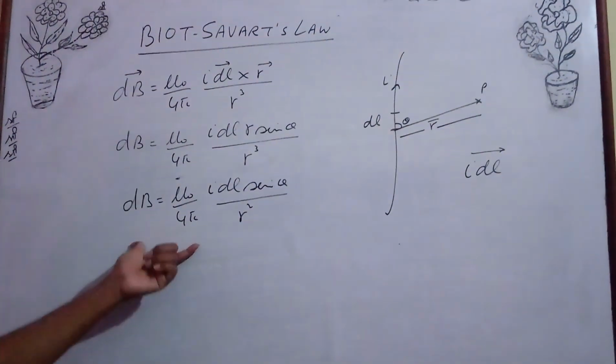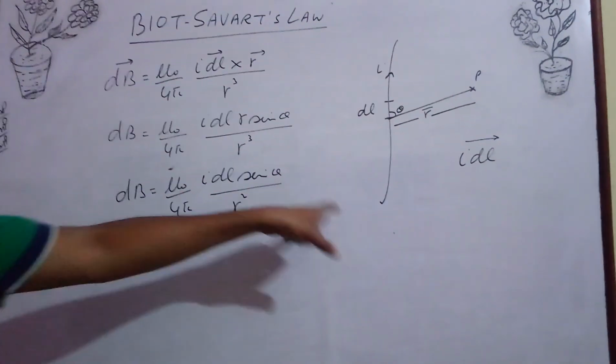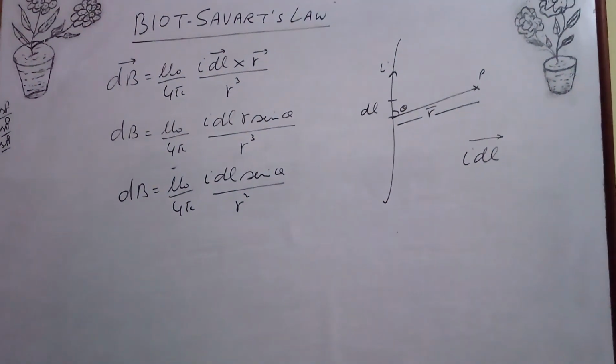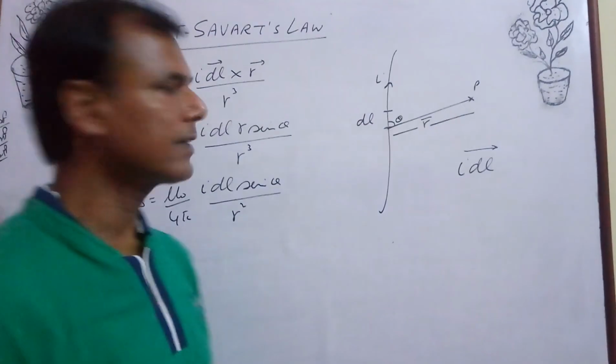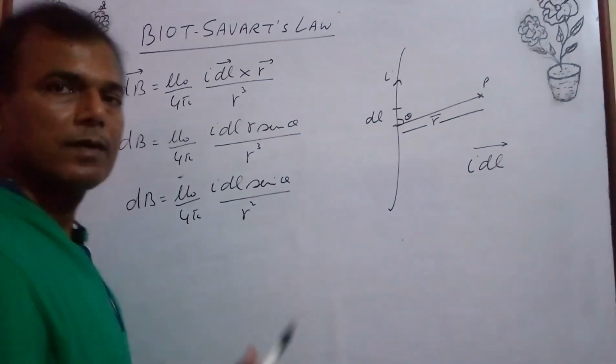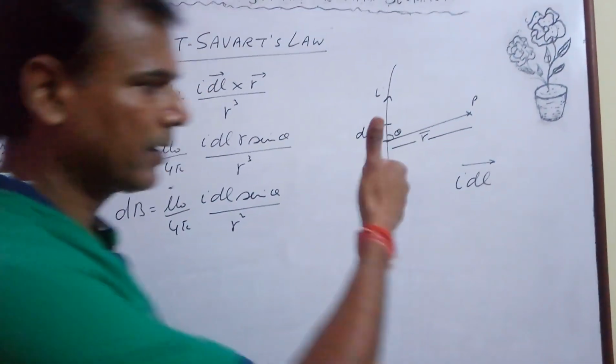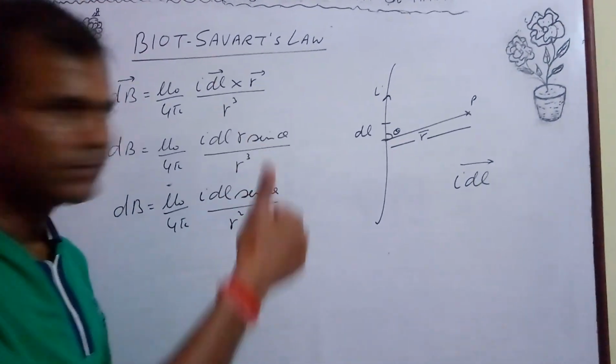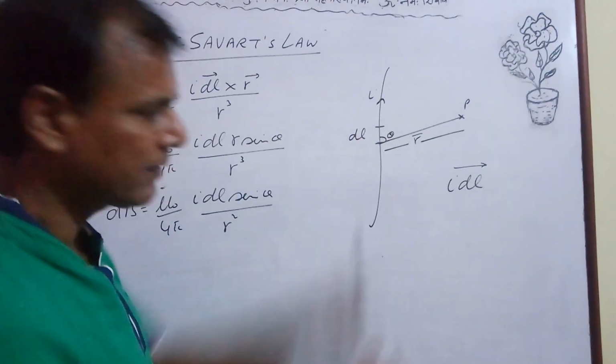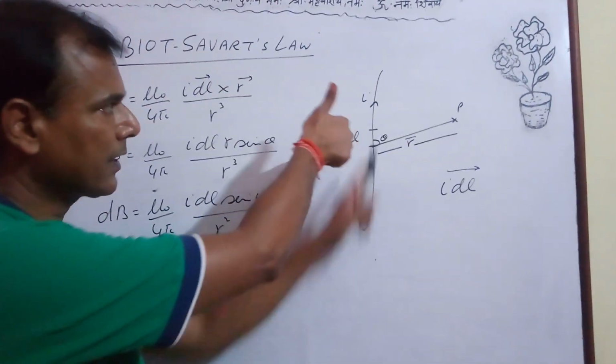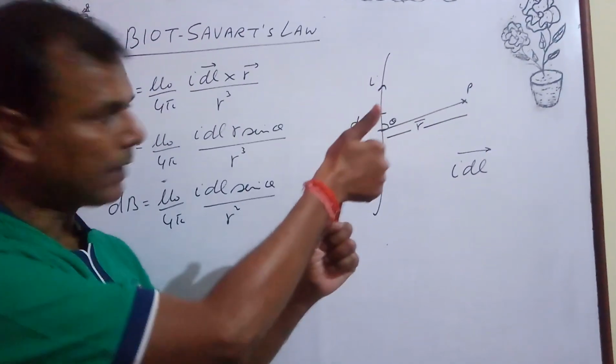So this gives the magnitude of magnetic field due to current carrying wire. Now comes the direction part. So for direction, there is a right hand thumb rule. Take out your right hand. The thumb points to the direction of current. Suppose current is flowing this side. Take the right hand, thumb towards the direction of current, and we will open the palm,